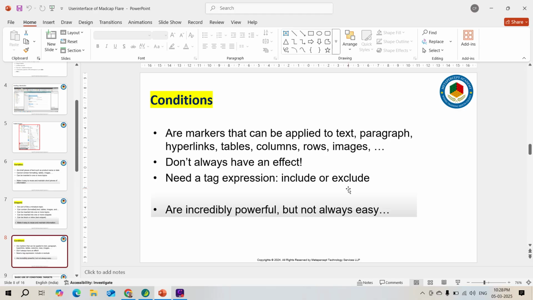Conditions don't always have an effect. Just by applying a condition, nothing is going to change. You need a tag expression, include or exclude. Of course, it needs one, because, for example, if I have this particular one which you are seeing here, and I say that okay,